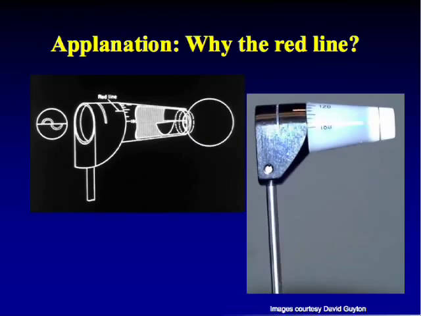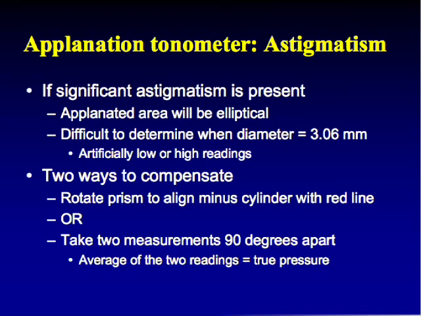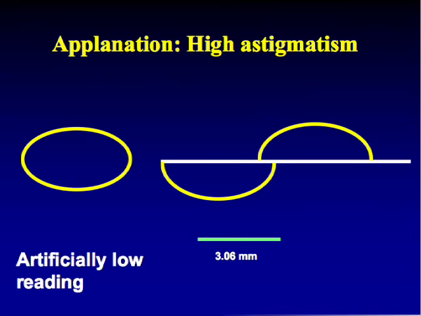Now, why is there this little red line on the thing that holds the applanation tip? What's that doing there? Well, that has to do with when an eye has astigmatism. Because if astigmatism is present, then the applanated area will be elliptical, so it's hard to tell when you have the right diameter. So how do you compensate, and what kind of a problem does that lead to? Well, here's an eye with a high astigmatism, flat horizontal meridian. So